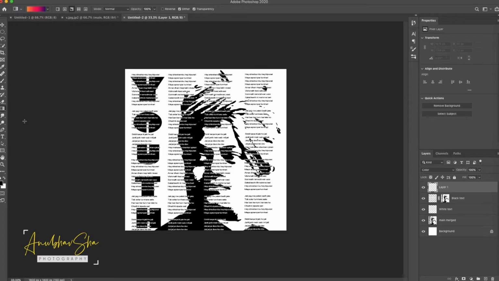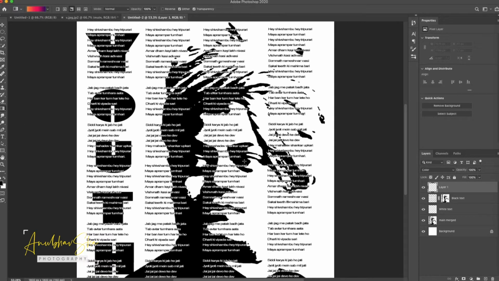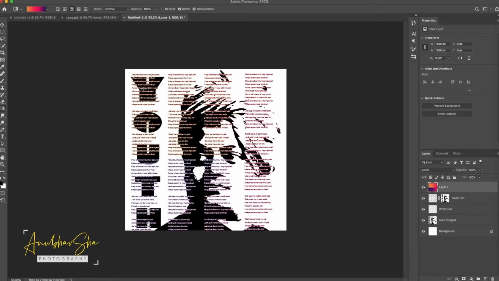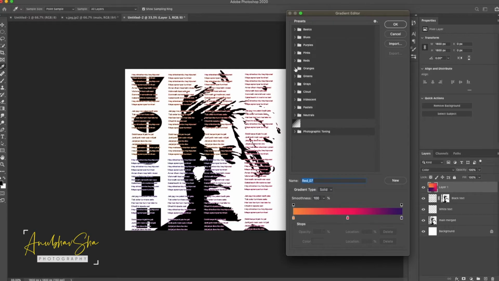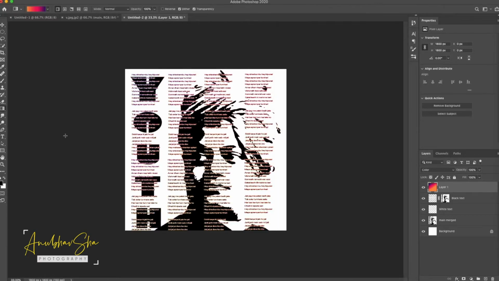Now after achieving it, we will zoom in a bit, click on the eye of the image, drag it towards the outside area and release the cursor. Perfect. If you want to experiment with different kinds of effects, you can do that by double clicking on it and changing it as per your requirement. And now finally we are going to put some sort of texture behind it so that the effect will be more visible on the canvas.